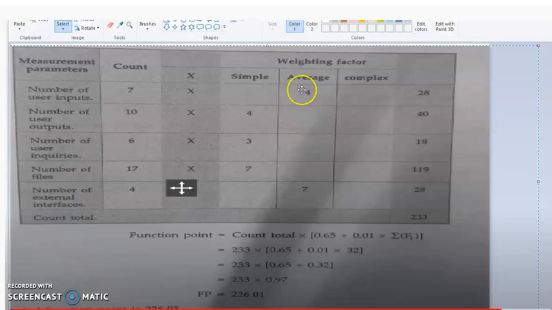In this example, it is given as 32. After calculating, you will get the answer. Function point equals 226.01. In this way, you have to calculate the function point. Thank you for watching this video.